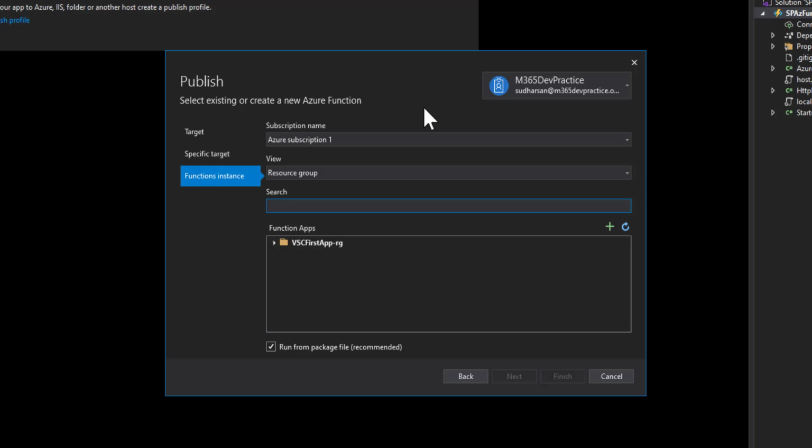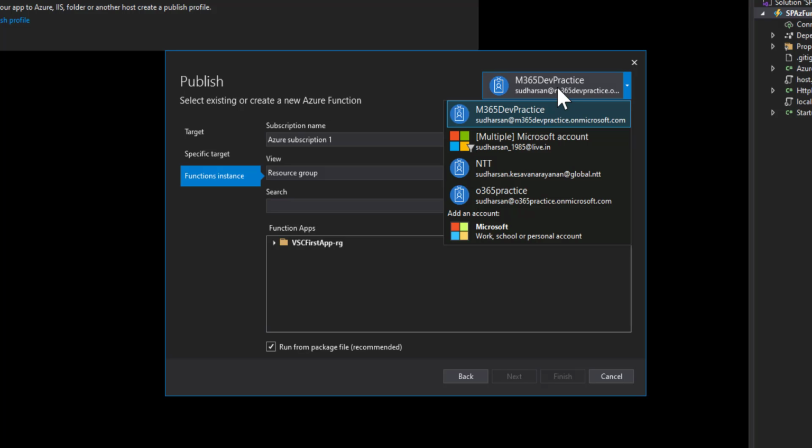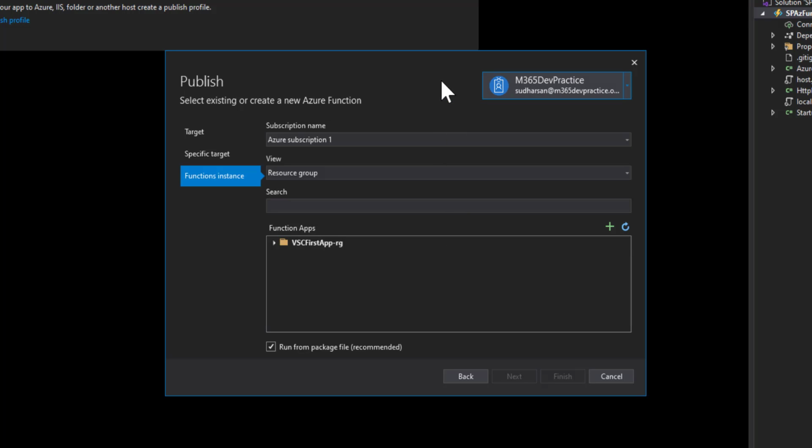So the next is the function instance, where you need to select the Azure account. You need to log in with your Azure account and then select the subscription name. You can have one or more subscriptions. Select the correct subscription and choose the resource group.